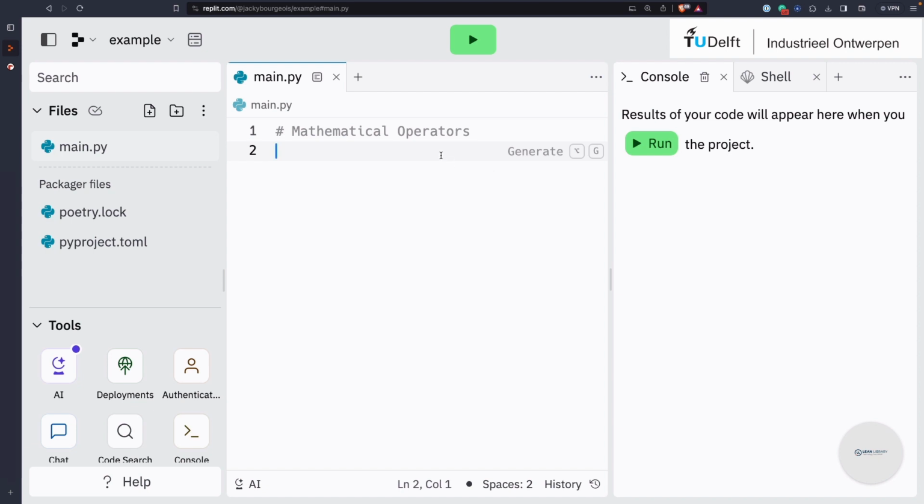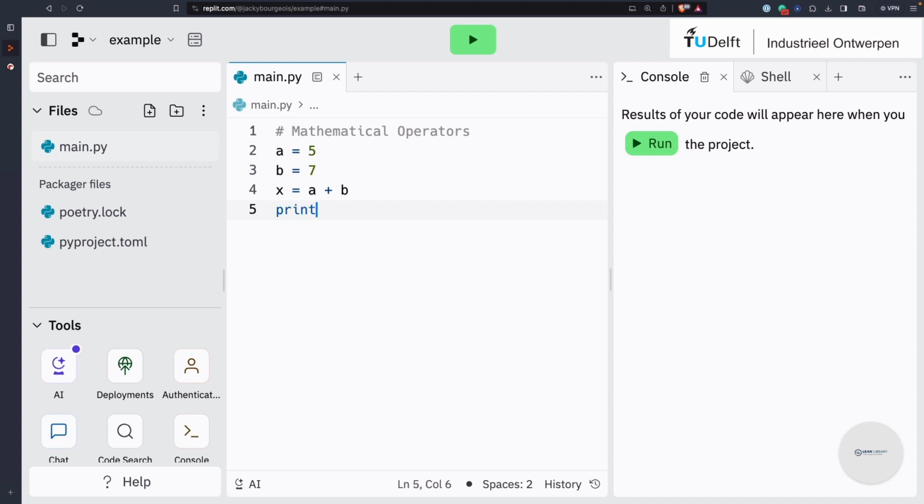So, Jackie, people probably know what mathematical operators in general are, right? Yeah, absolutely. So we're going to dive right in. We're making a sum, just a good old-fashioned mathematical sum. We would have A plus B. And then we need to set some values for those, right? A equal 5, and then B equal 7. So we recall these are all variables that we assigned: 5 to A, 7 to B,